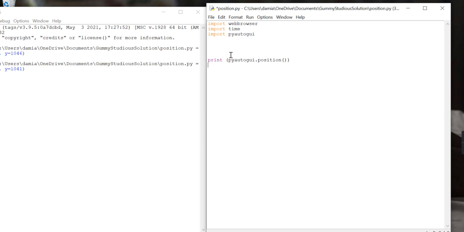So, first of all, import PyAutoGUI. That's for the movement of the mouse control with Python. I've done a video on that, so you can check that. So once you've downloaded that, print PyAutoGUI position. That's the code there. So we run that